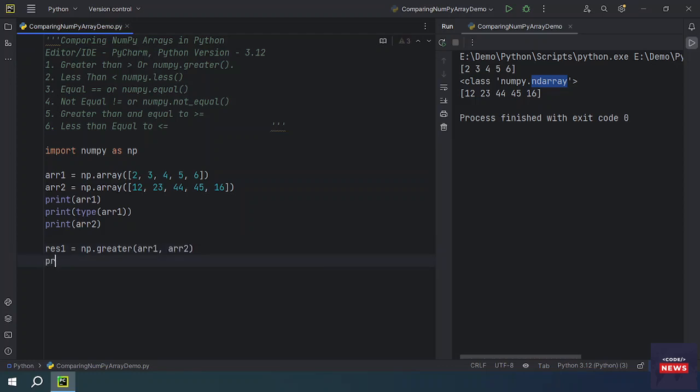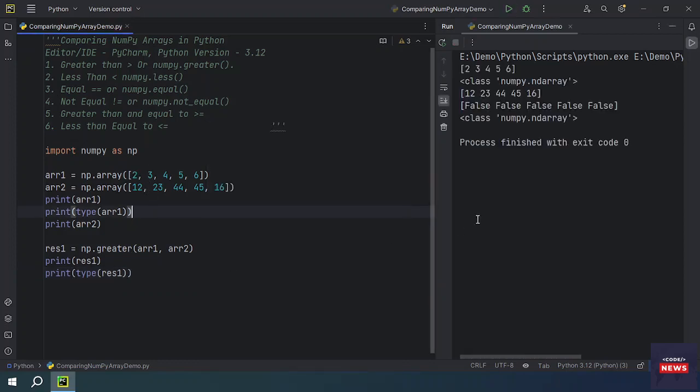Okay. Just print. Let's run the program. This is very simple. It will compare each element, right? If you run the program, you will see the output as an ndarray. It's a list of booleans, and we have seen false, false, false, false. Every value is false, right? It is checking each element one by one and returning the boolean value, true or false. So greater means we are checking whether the array1 element is greater than array2. Okay. So the condition is not satisfied,